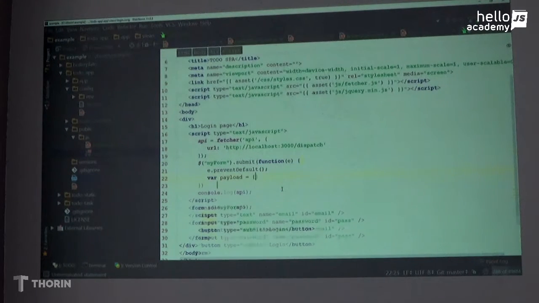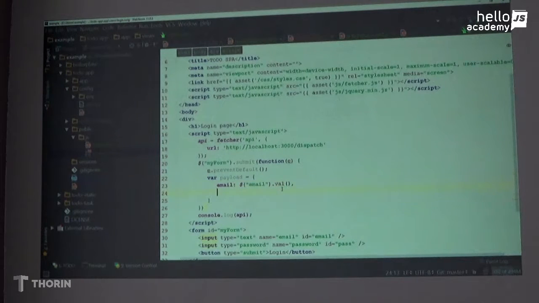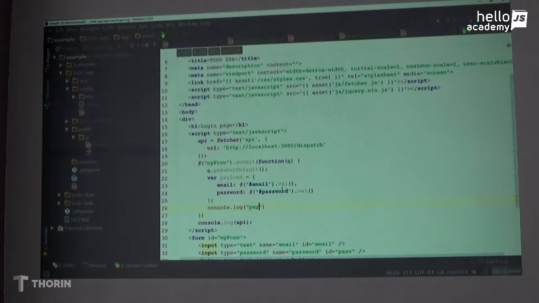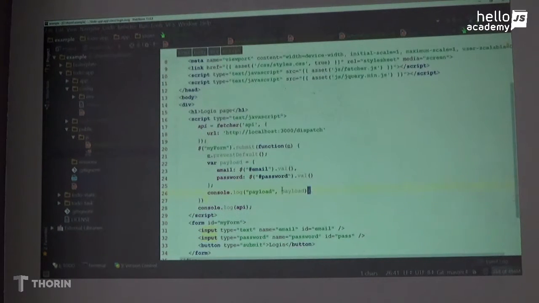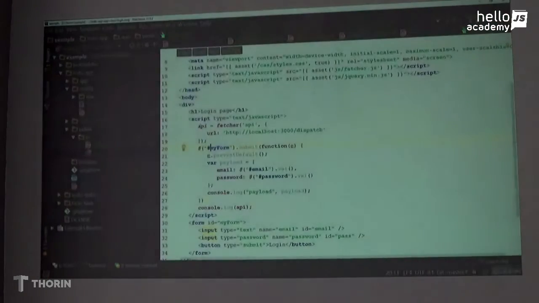Payload equals, and then we have username, which is email. Actually, we are using emails, right? So we have email val, hashtag before email, and this is my phone. Hashtag, and then we have password, hashtag password val. So we're sending my phone too. Hashtag payload. Sorry? Hashtag my phone. Yes, hashtag my phone. Okay. So we have this, and we're needing